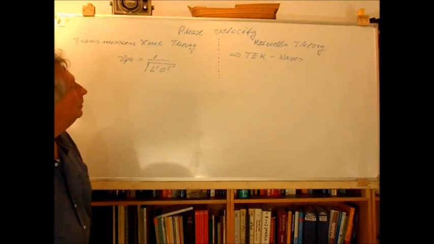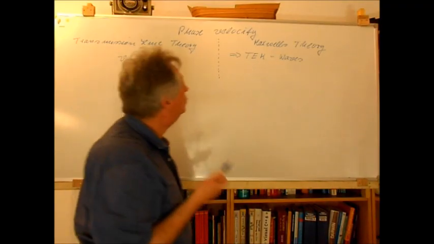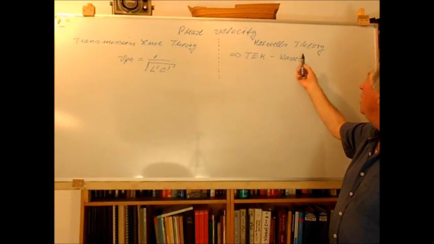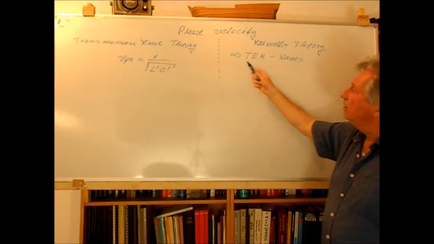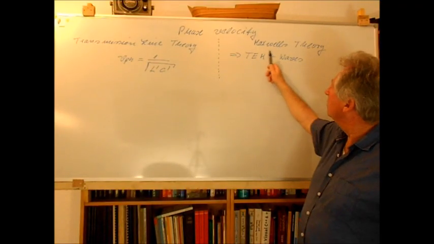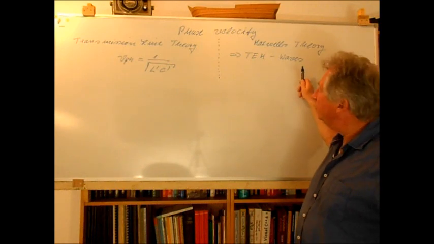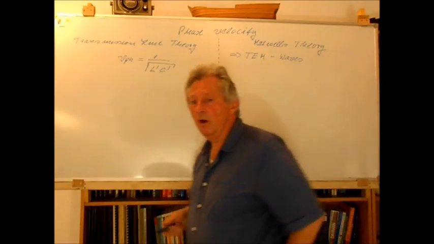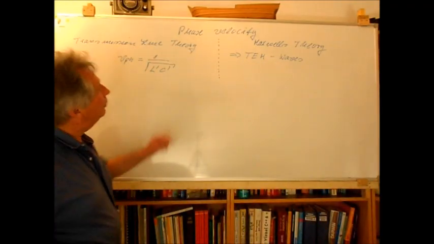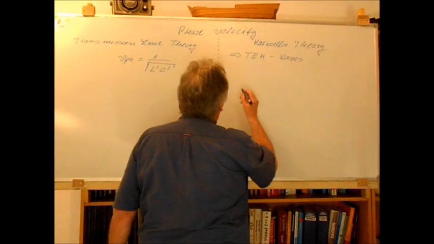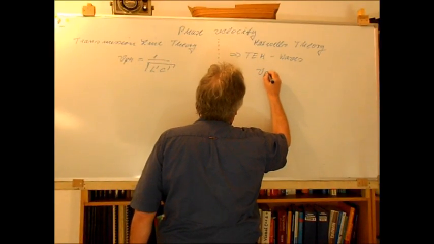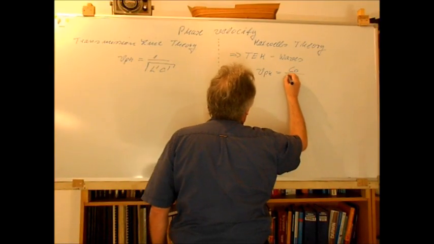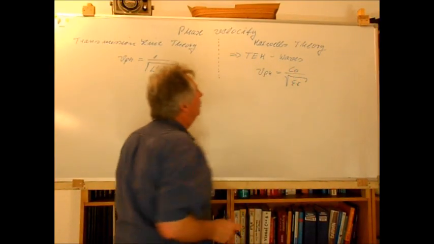But on the other hand, we have Maxwell's theory, which describes electromagnetic waves in more detail, and especially there exist some solutions which are called TEM waves, and these TEM waves correspond to the waves on our transmission line. And if you go through Maxwell's theory, then you will find for the phase velocity that this is proportional to c naught, which is the speed of light, divided by the square root of epsilon r,